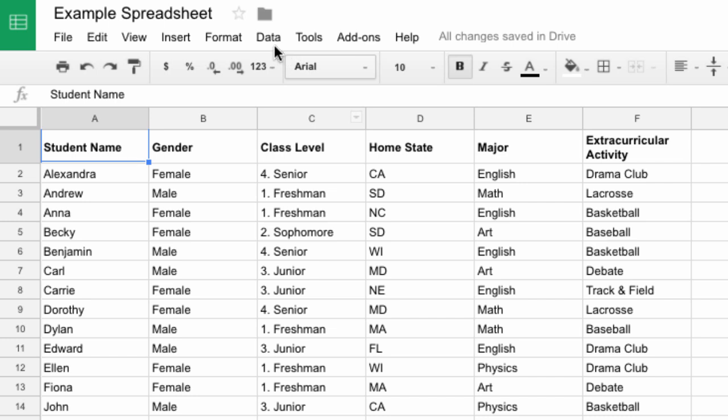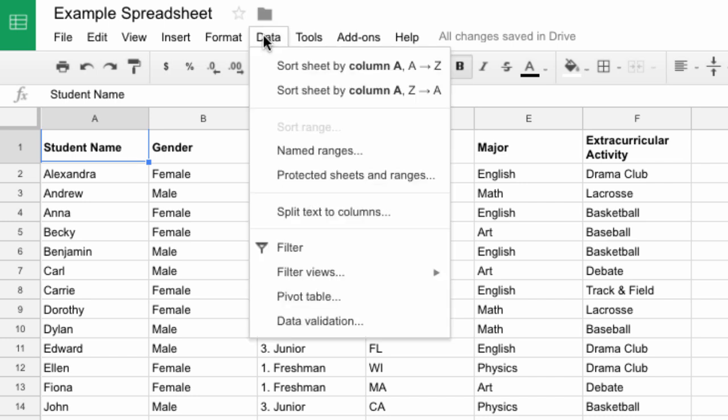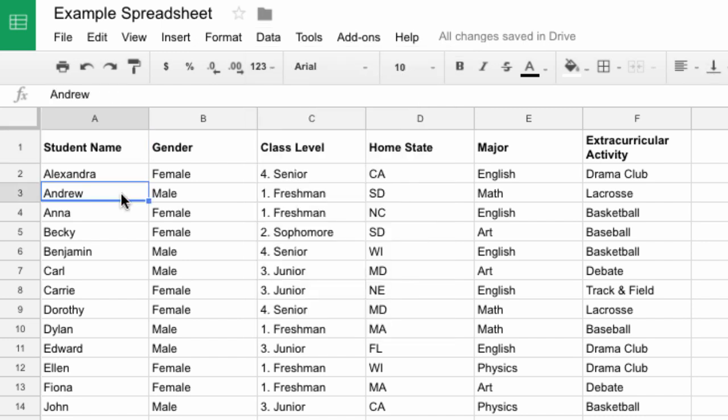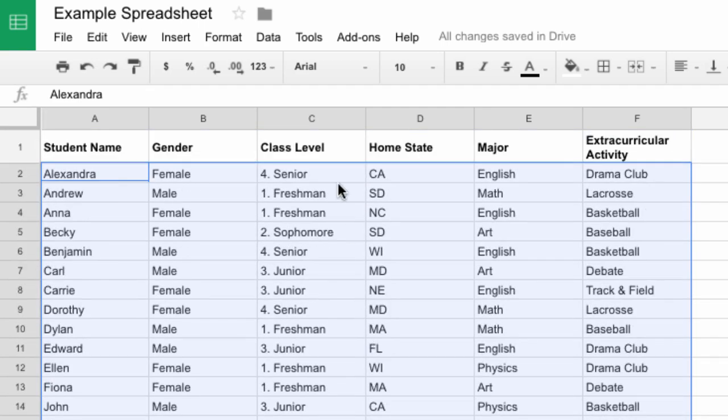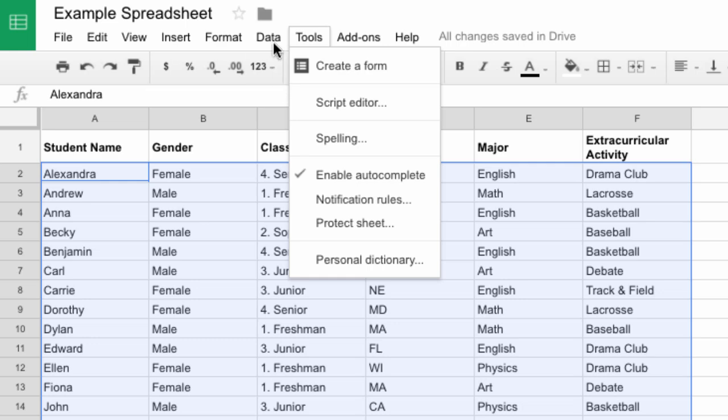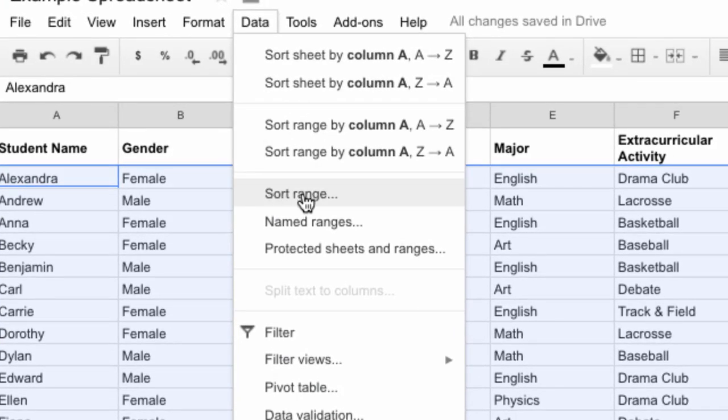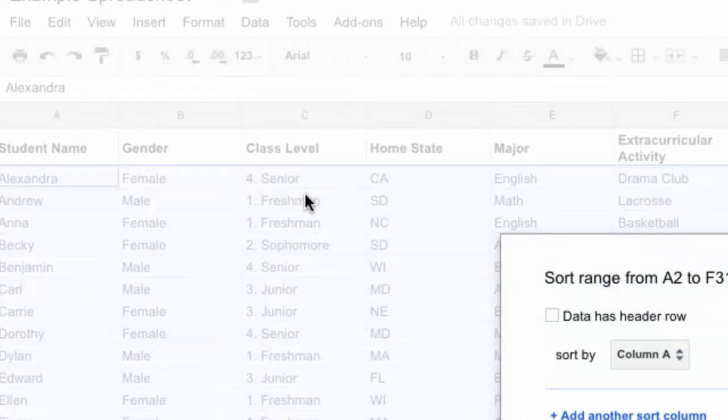So the way you do that is you go up to data, and I'm going to sort by range. But you see here, this is kind of faded out because I don't have a range chosen. So I'm going to select all of my data here without a header. And once that's chosen, I can go back up to data, sort by range or sort range, and I'm going